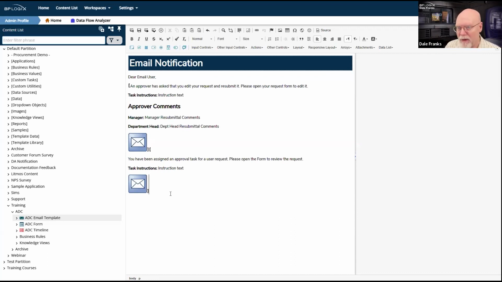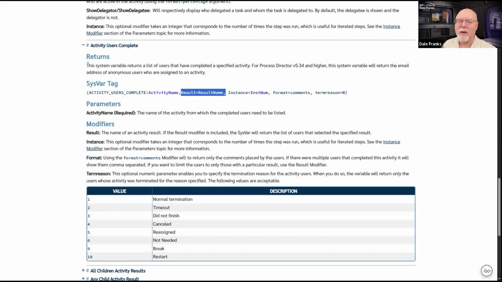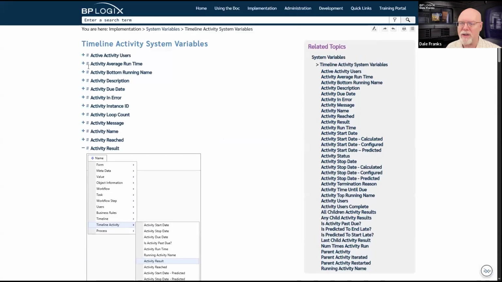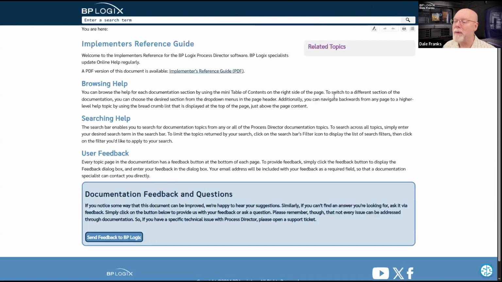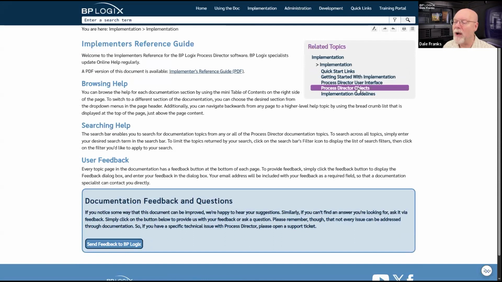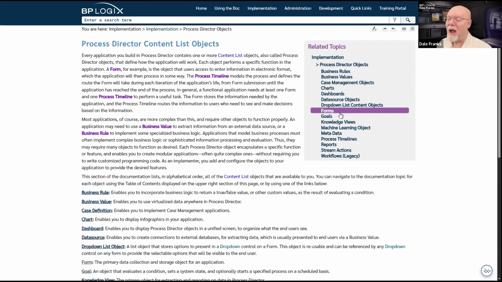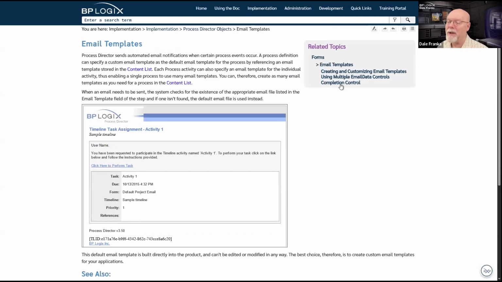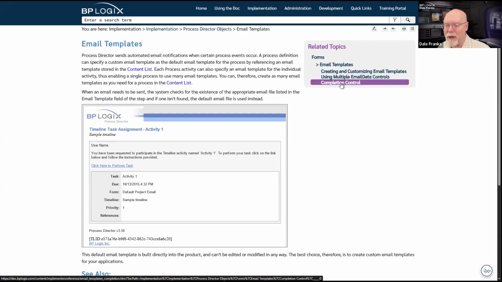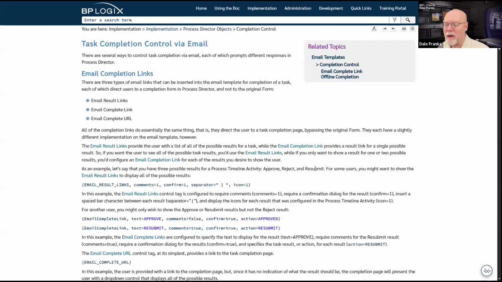However, you do have options. Again, let's go back to our documentation so I can just show you some stuff. If we go to implementation and Process Director objects and forms, because email templates are forms, and we go to email templates, I do have this topic here called completion control.